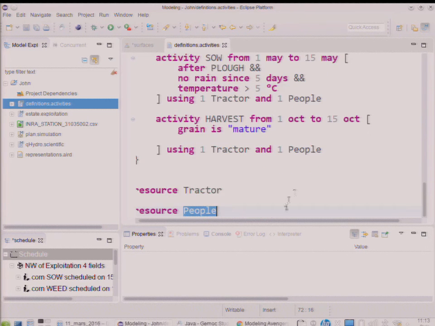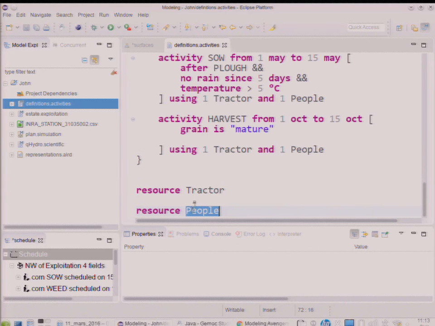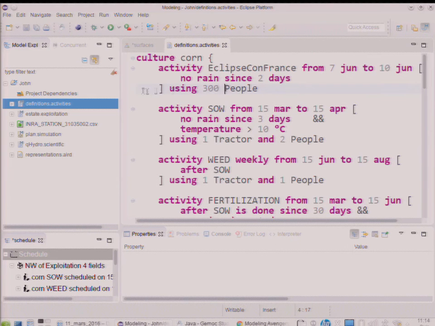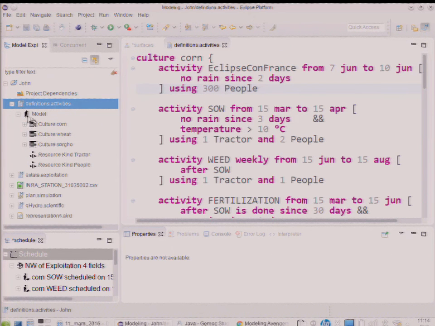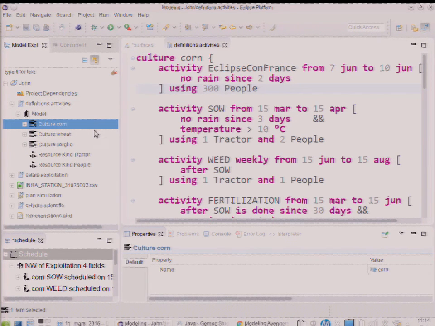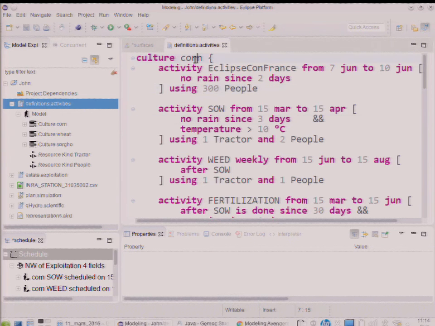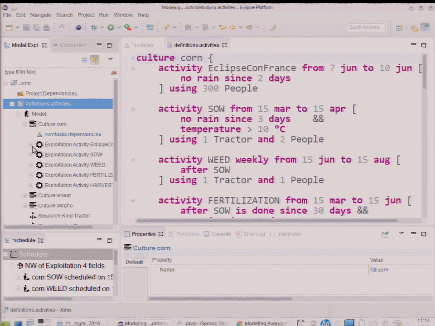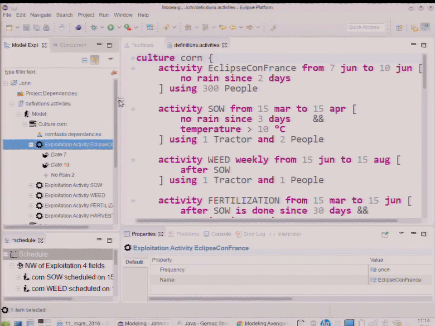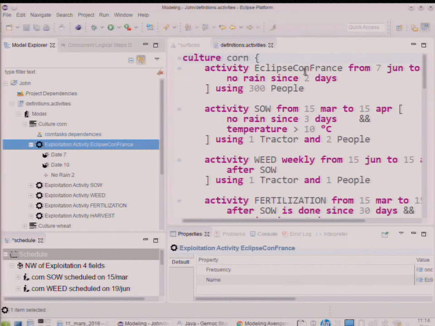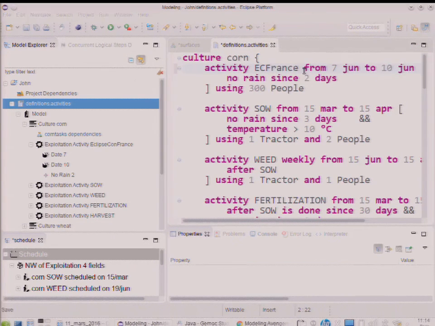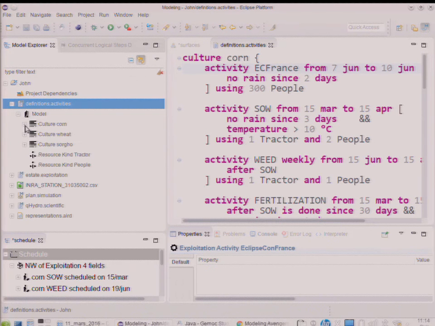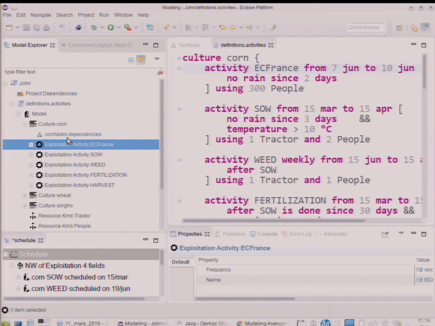So the resources here are defined in the same language. That's the kind of resources. What is interesting is this file is actually loaded as a model by Sirius at the left. So if I change something here, I can see it changed in the context of Sirius, for instance. If I just rename that, I can see this element here.